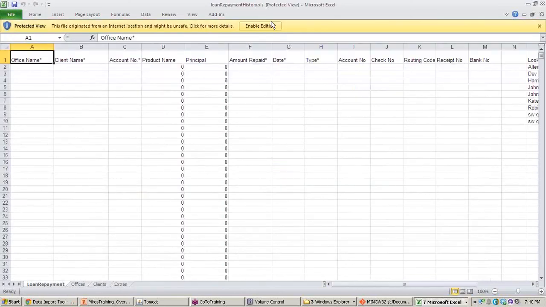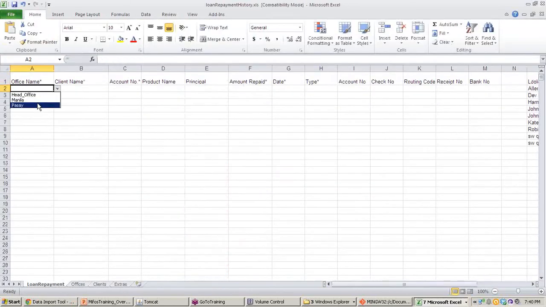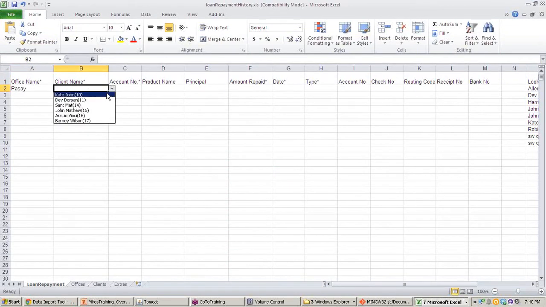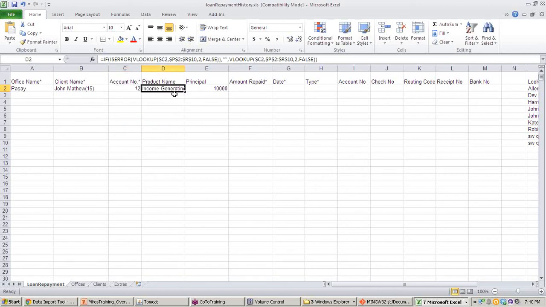Here we will see how to make the loan repayment. Let's consider the same client, John Matthew. His account number will be automatically reflected; you need not search. Once we select the account number, you can see the loan product he has taken is automatically filled in here.